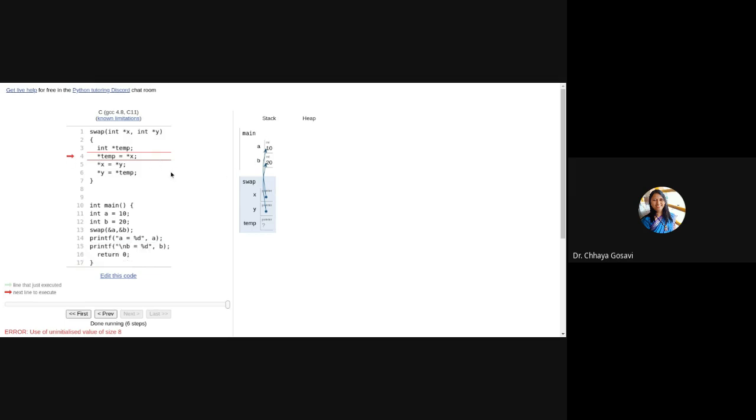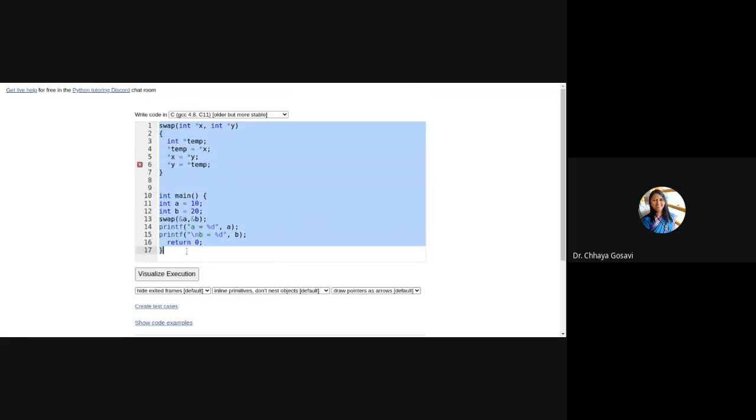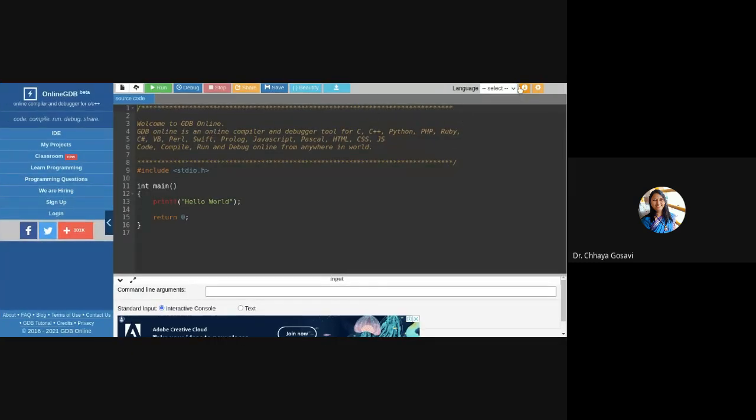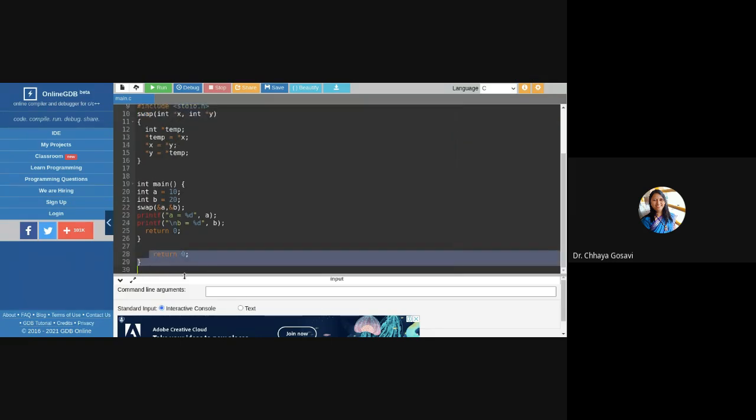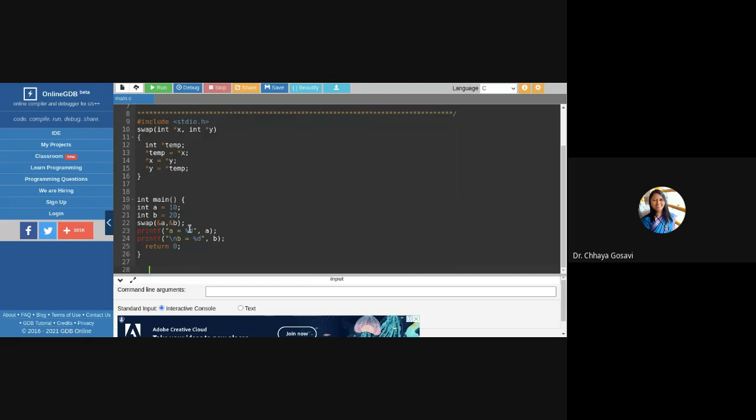You can execute this code in say an online editor. The swap function, main bracket, this is not needed. Okay.